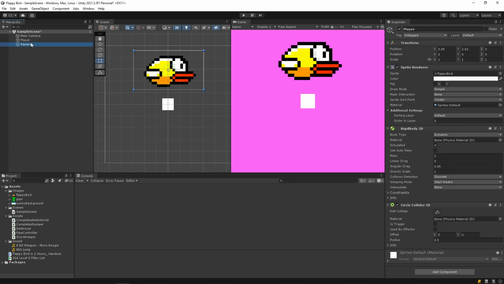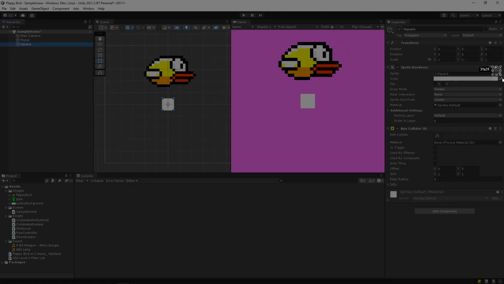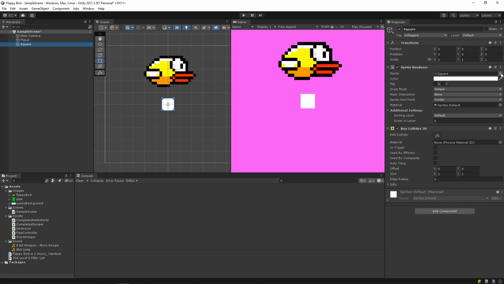Okay. For the square, we want to do something very similar, but a little bit different. Instead of dragging it, there's actually this little circle right next to the section where it says square. If we click on that, it'll show us all of the images that Unity has available to us. For some reason, they have added so many images to it, Unity, and for some reason, they let us select any of these images. There's a lot in here. I seriously don't know why they did this. This is kind of silly. But you can search for them, luckily, by typing in the name of the image. So I'm just going to type in pipe and double click on that. Bam.